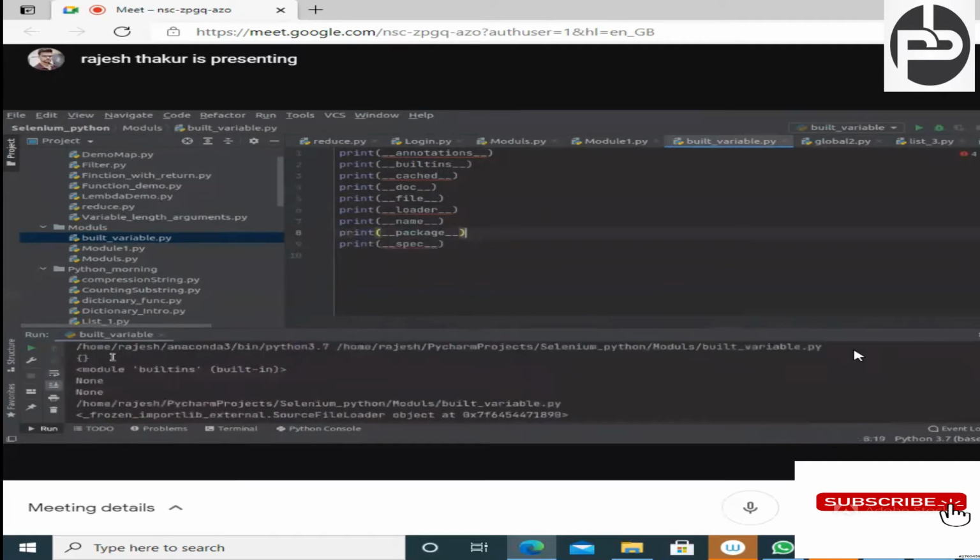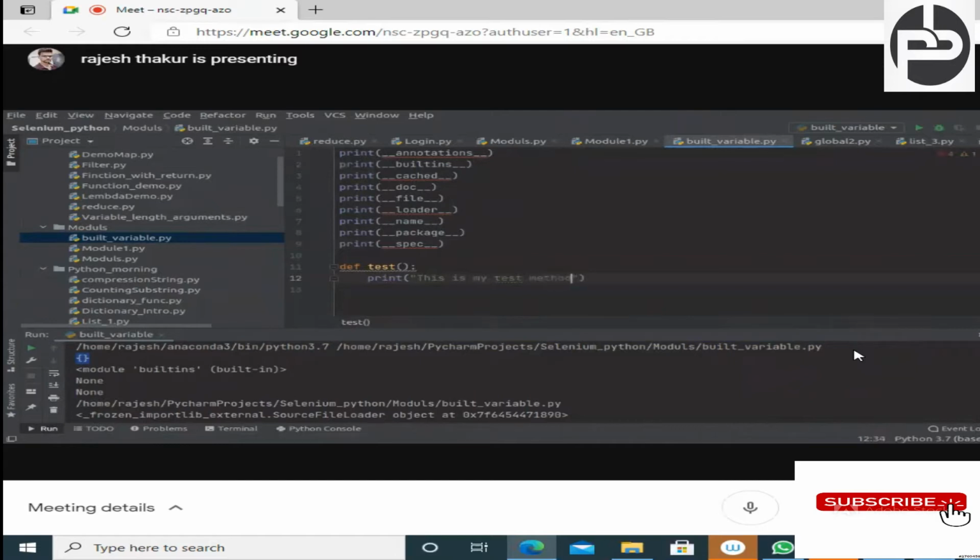Now, what does annotation do? Annotation is basically these things, it will be clear once I start the static method, static class method. Let's suppose we have a method, def test_method, and inside of test_method I'm going to write print, this is my test method.